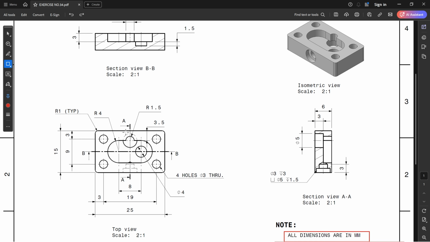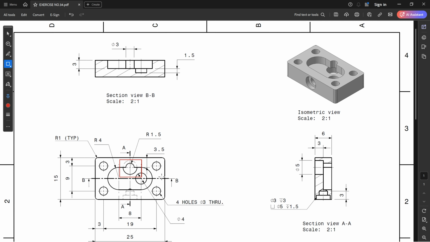Now I am going to create another counterbore hole feature. Counterbore diameter is 5 mm. Depth is 3. And through hole diameter is 3. It is given in radius wise, 1.5 means diameter is 3. Total depth is 6 mm. Vertical distance is 3.5 and coincident to the